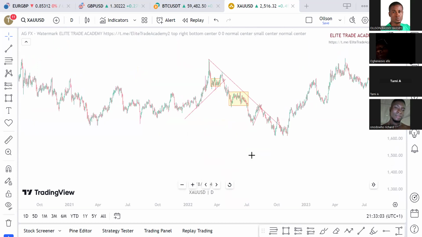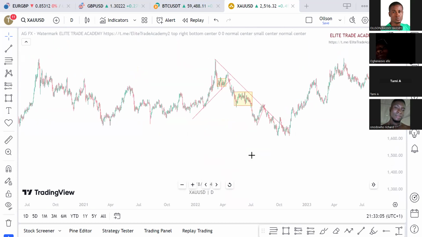So spot these few things. Spot your trend line, week to week, and do not cut into the body of the candle. But if after your first two points, price cuts into the body of the candle, leave it. Just mark it across. Then we'll treat it in our next class. And also